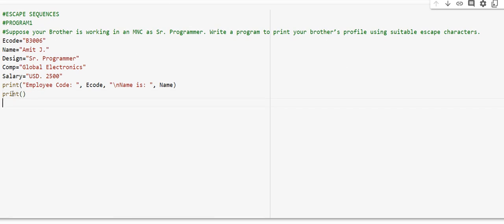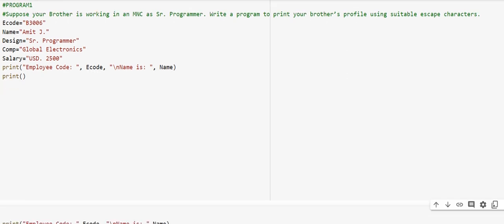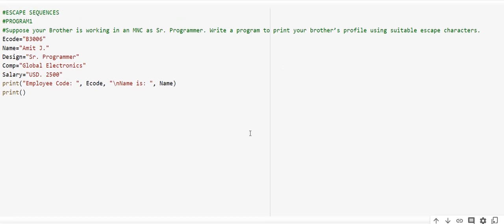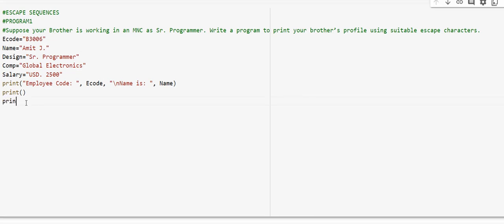Using this statement, it leaves one line in between the employee code, the name will be in the next line, a line will be left, and I'm going to write the next print statement. Print